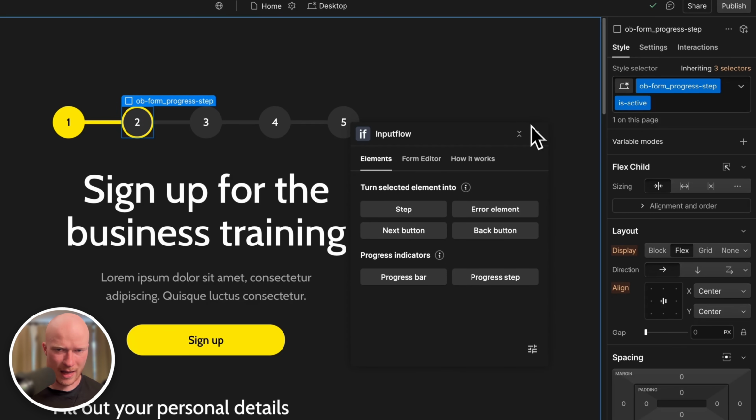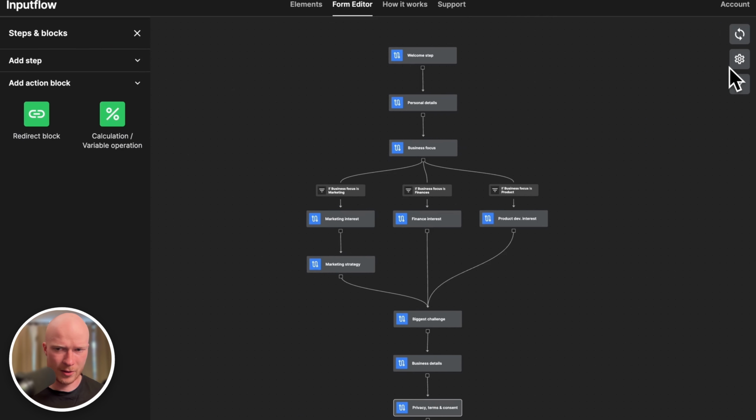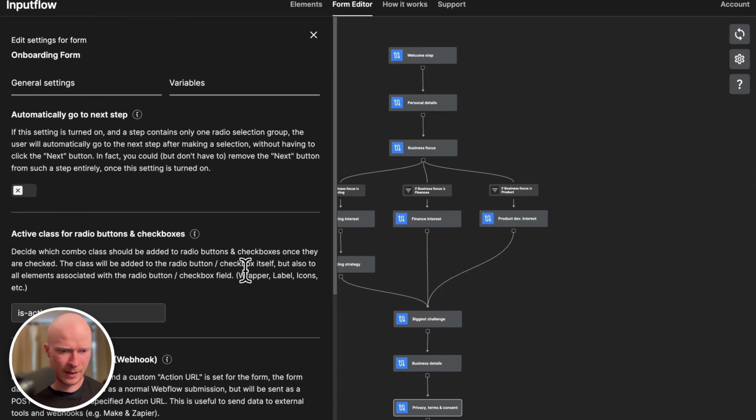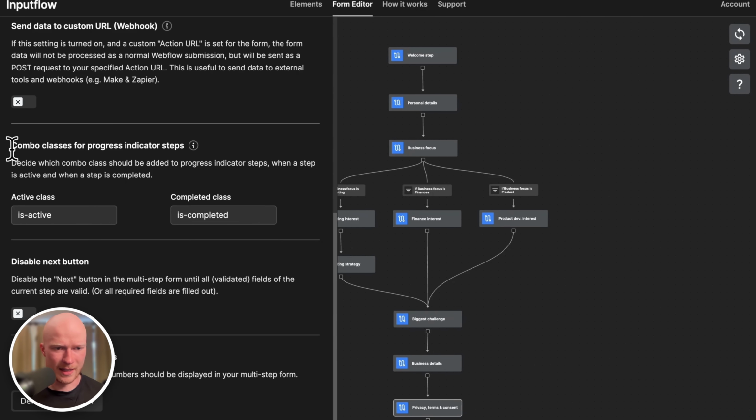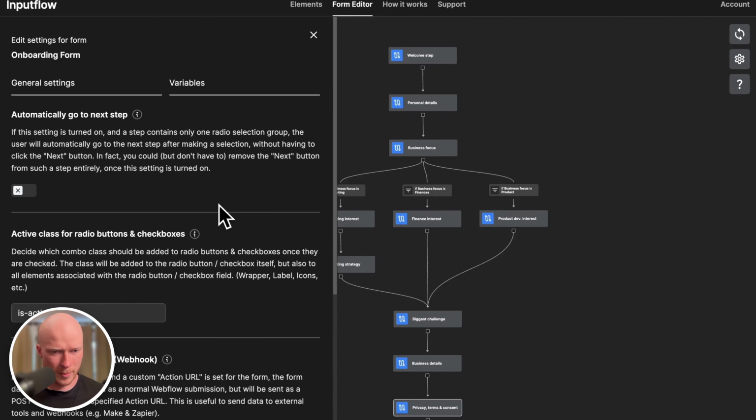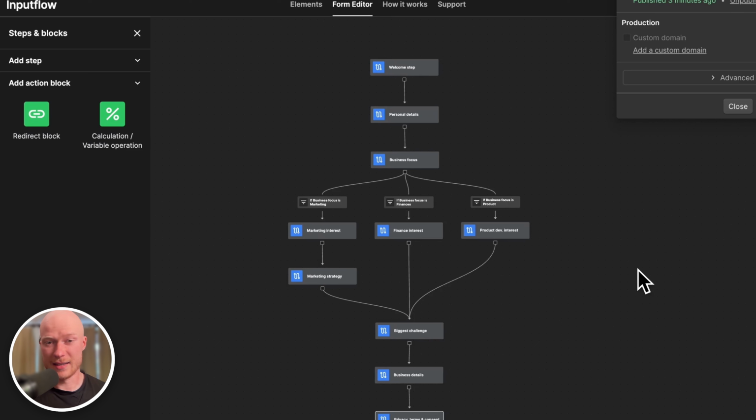If you want to change the name of this, you can just go to the form editor and click on the form settings. And down here, you have the setting called combo classes for progress indicators. And here you can change the name of these classes. Also here inside of the form settings, you will find a lot of other options to configure your form. And essentially, this is most of what you need to know to build a really cool multi-step form in Webflow